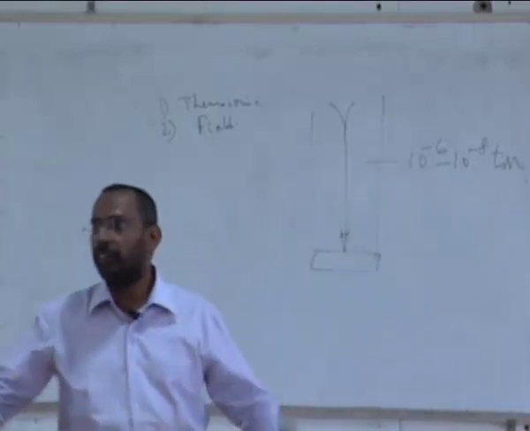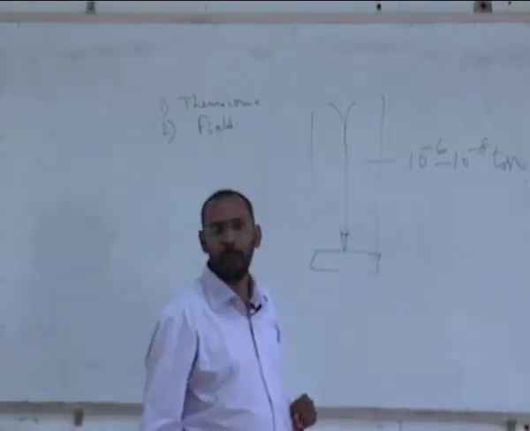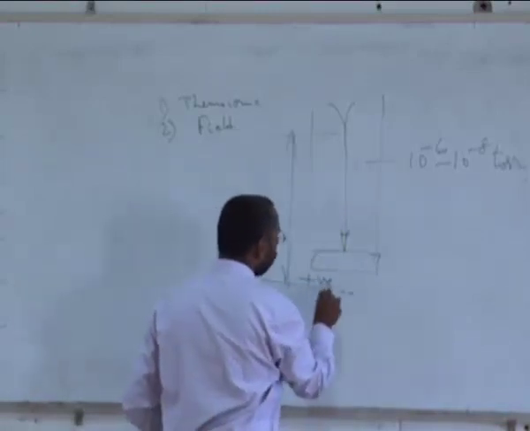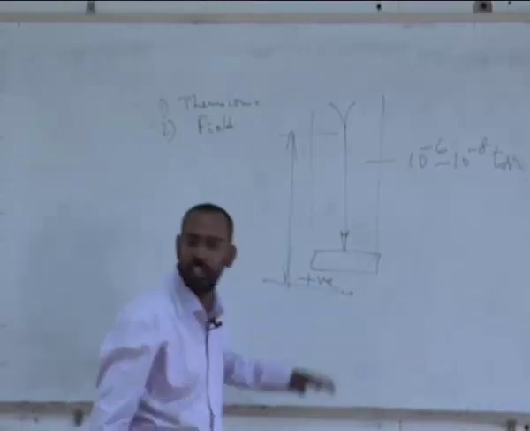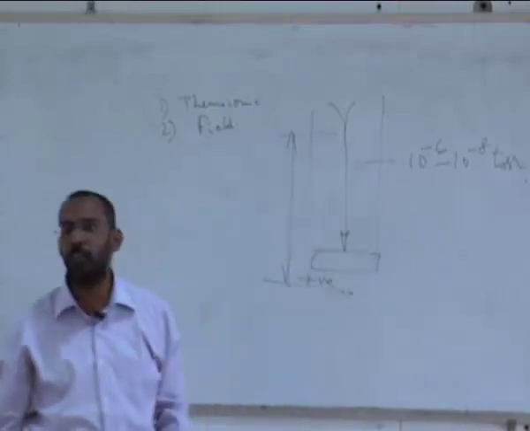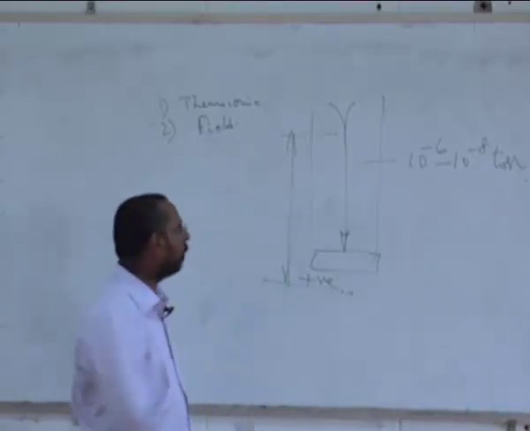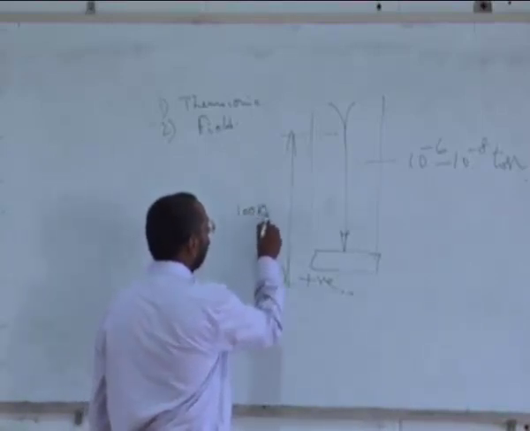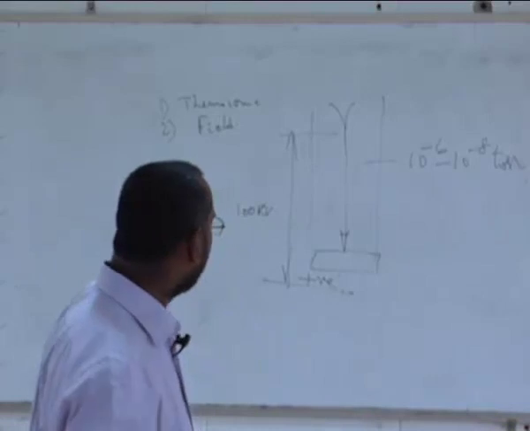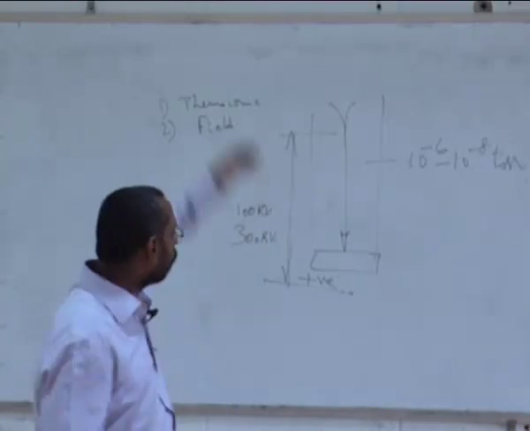And after the vacuum is created, you allow the electron beam to travel towards the sample by applying a potential difference between these two, and make this positive. You will have a photosensitive screen at the bottom, and this screen is made positive, and electrons have a tendency to move towards the positive. You apply a voltage difference depending on what kind of microscope you are using, either 100 kV, 200 kV, 300 kV, or whatever it is. So there are different microscopes available with different capabilities, generally ranging from 100 kV to 300 kV. And when you apply such a voltage difference, the electrons will start moving.